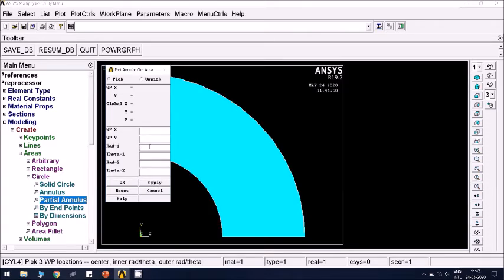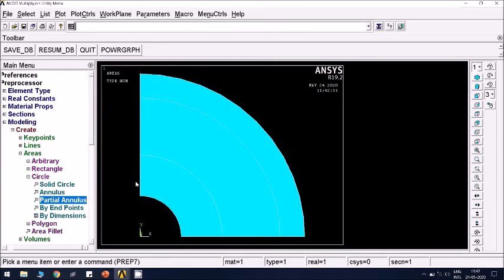Next, the second annulus circle, which has an inner radius of 0.05 meter and an outer radius of 0.085 meter, theta 2 is 90 degree. Click apply. This is the second area that is created. For the third one, the inner radius will be 0.085 and radius 2, the outermost radius, is 0.1, and 90 degree is the sector angle. Click OK.